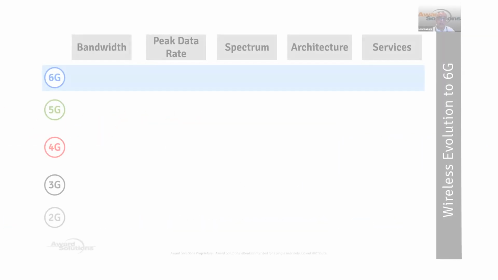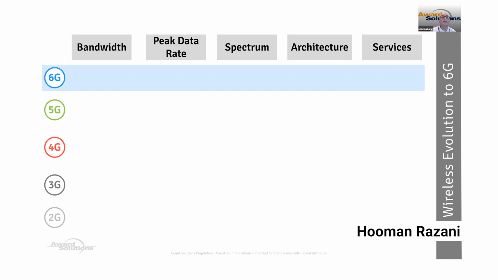A cellular wireless network is characterized by a few important characteristics, like bandwidth, the peak data rate that we can use, the type of spectrum that we're going to be using, which is ever going up the spectrum ladder, the type of architecture we expect to see, and the service types. Again, it's with the benefit of hindsight that we can actually try to make some conclusions about how 6G will